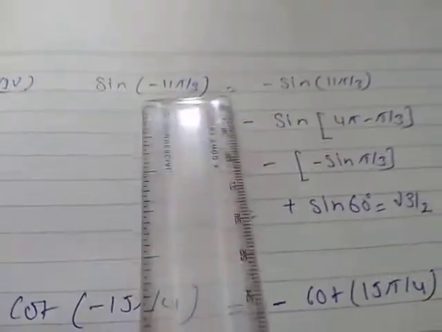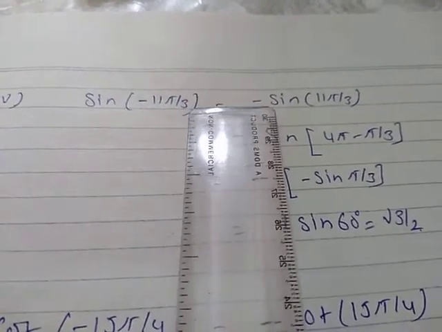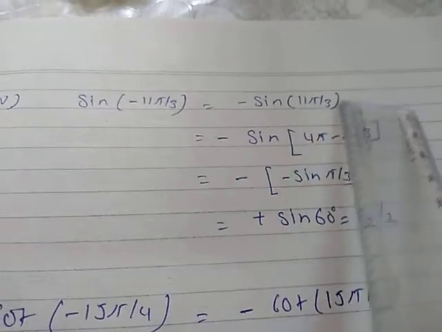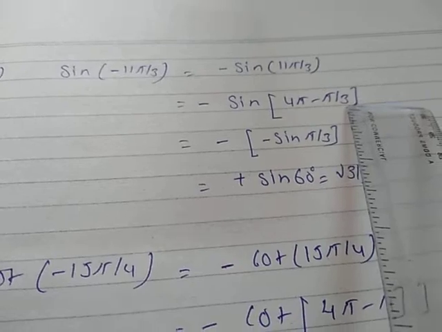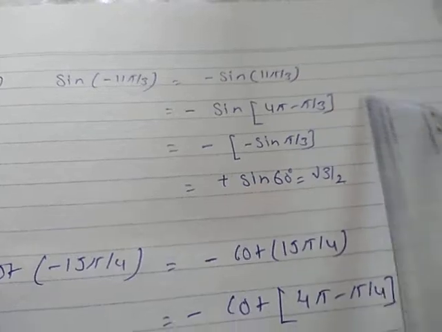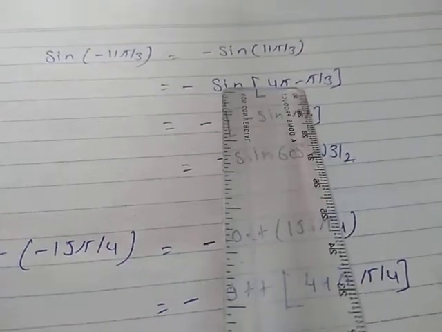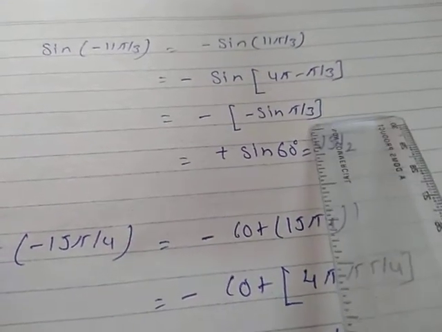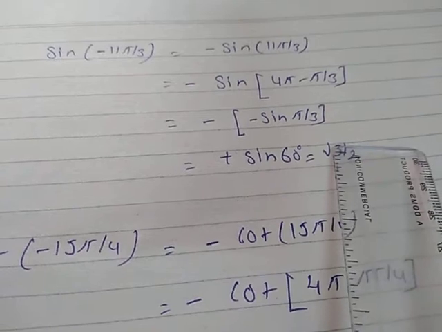Now for the 4th question, in the book it is question number 9. Sine minus 11 pi by 3. Now 11 by 3 can be converted into 4 threes are 12 minus 1 by 3. Since it is an odd function, therefore it is minus sine 11 pi by 3. 11 pi by 3 can be converted into 4 pi minus pi by 3. Now it is a multiple of 2 pi, since 2 n pi minus theta lies in the fourth quadrant, therefore sine in the fourth quadrant is negative and the function will be the same, sine pi by 3. Hence it is root 3 by 2.